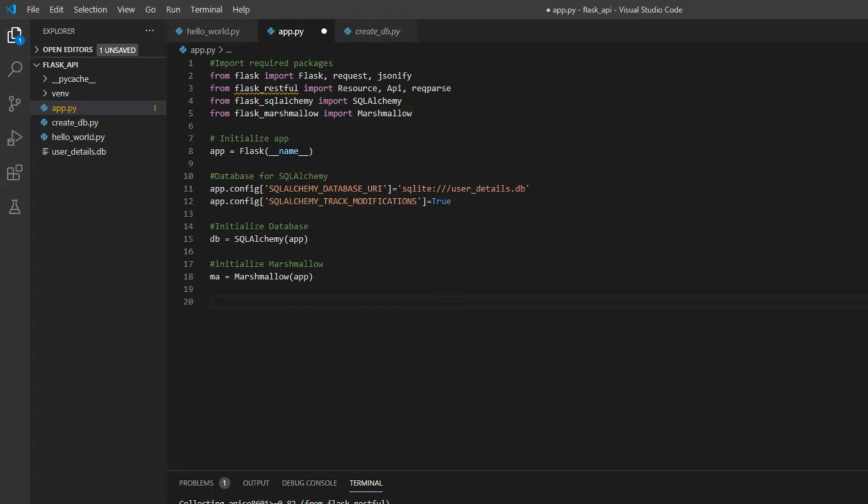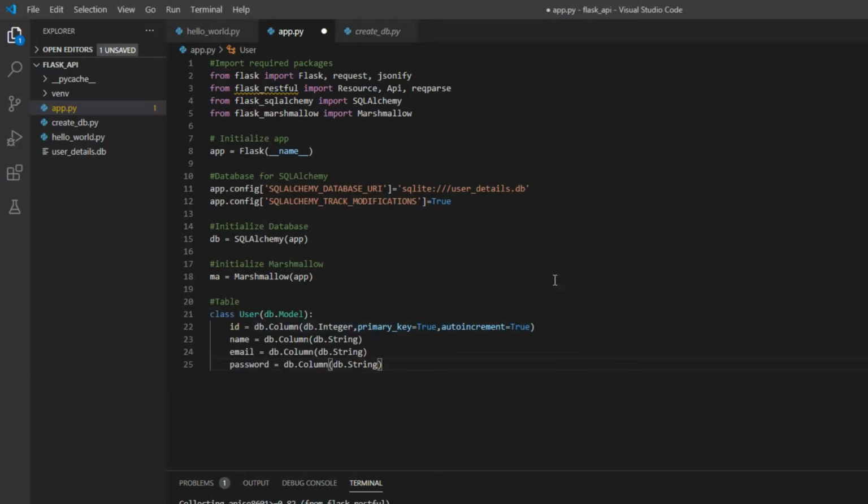Next, we are going to create a table that will represent a user. If you have watched the last video, this is quite similar. There will be small changes in routes and handling, but the model is completely the same.